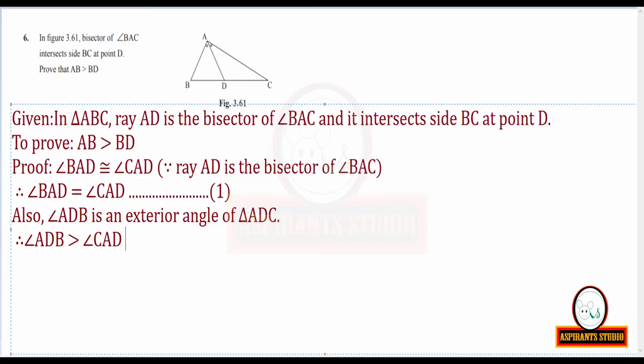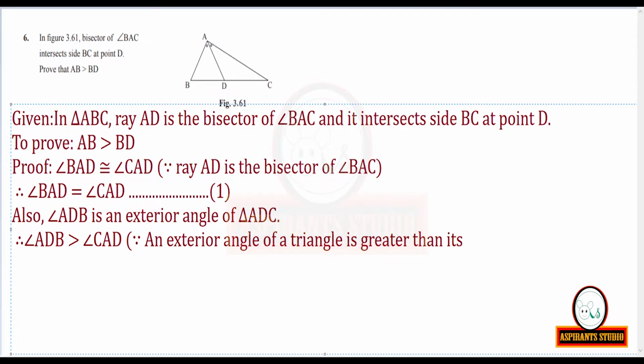Equation number 2 is not marked there, so you can mark it as equation number 2. So mark this inequality as inequality number 2. Now coming to triangle ABD, we have got two relations. One is an equation and another one is an inequality. We have marked the first one as 1 and the second one should be marked as 2.